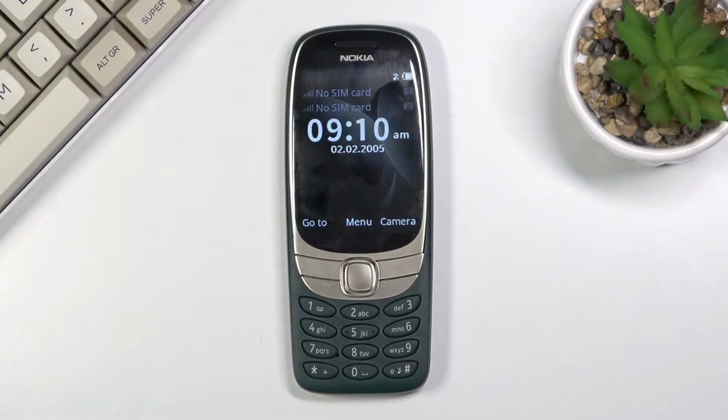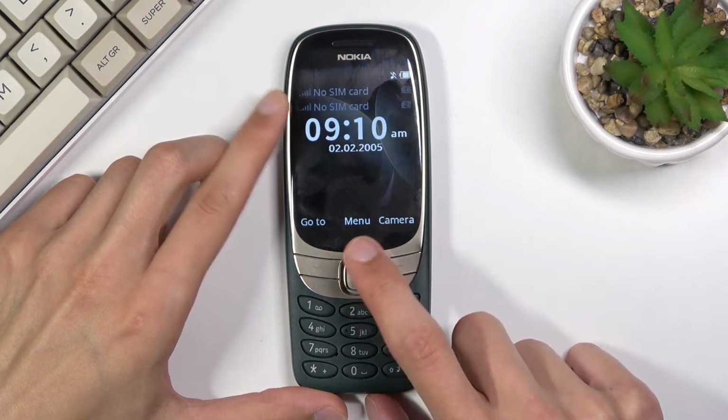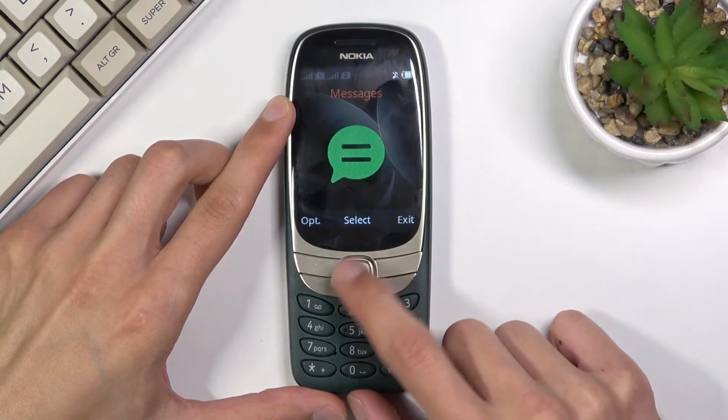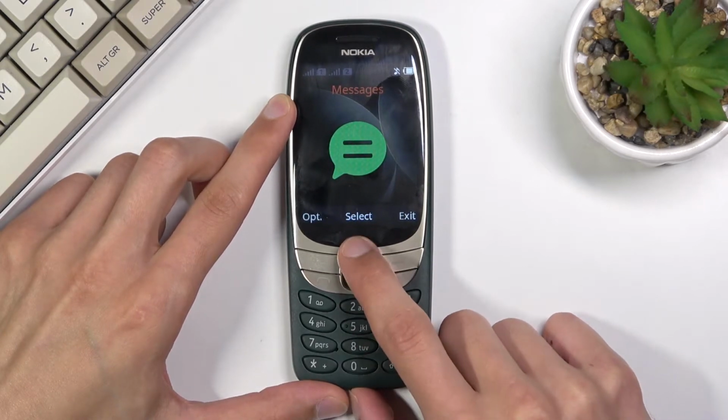Welcome, I'm holding a Nokia 6310, and today I will show you how to hard reset the device through settings. So let's get started by navigating to our menu. So press the center key, and then using the up and down you want to select,